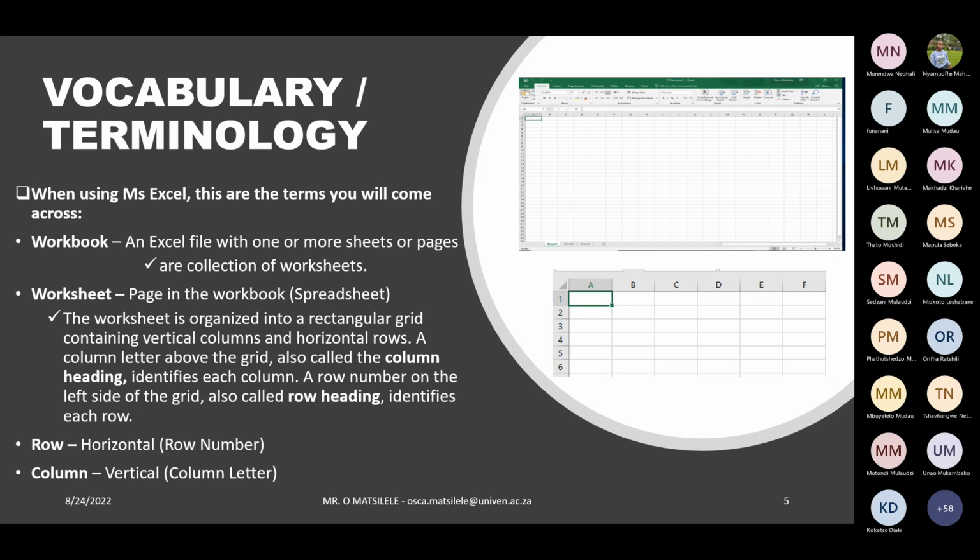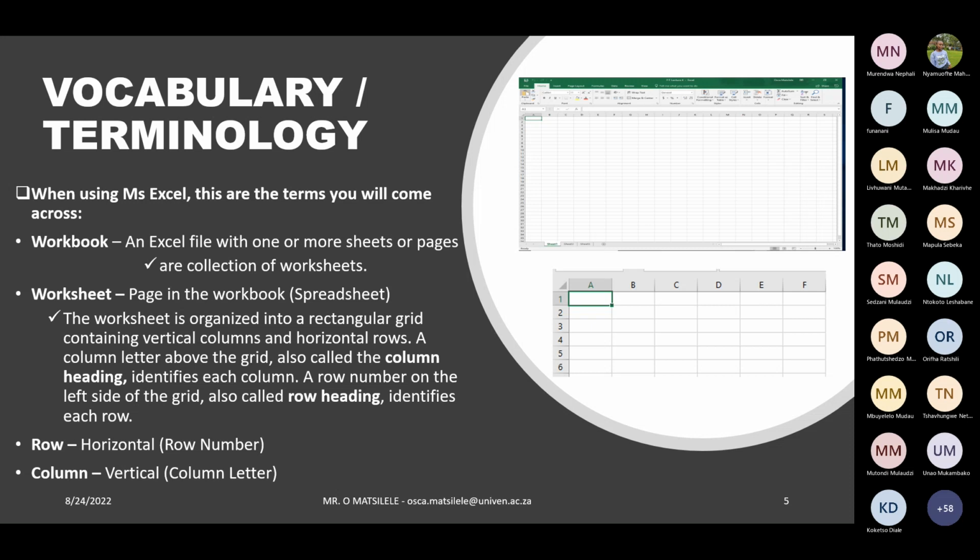The worksheet is organized into a rectangular grid containing vertical columns and horizontal rows. A column letter above the grid, also called the column heading, identifies each column. A row number on the left side of the grid, also called a row heading, identifies each row. I will just show you here